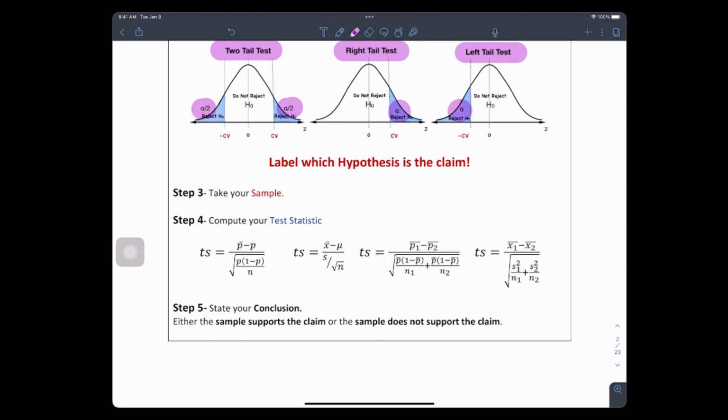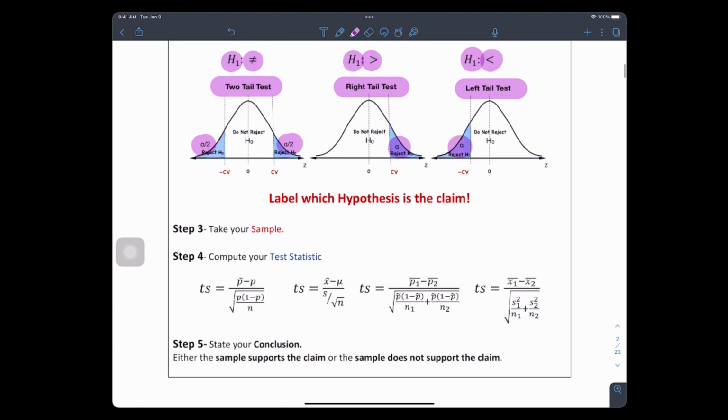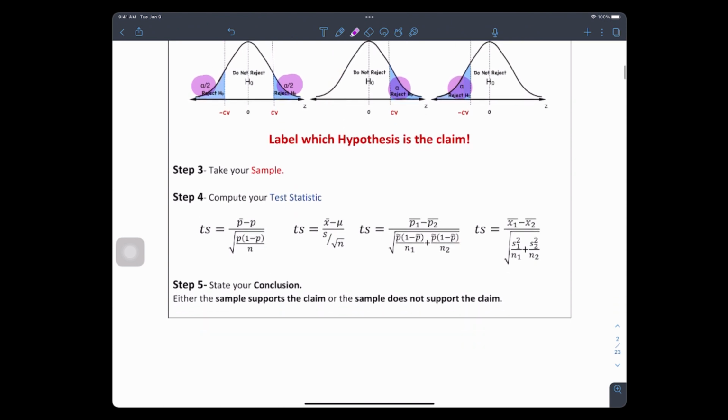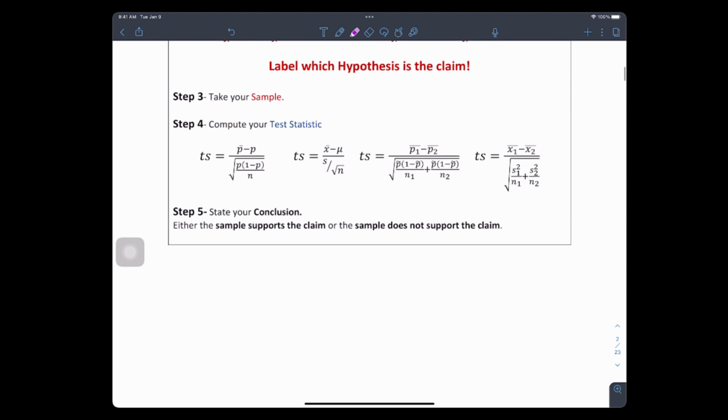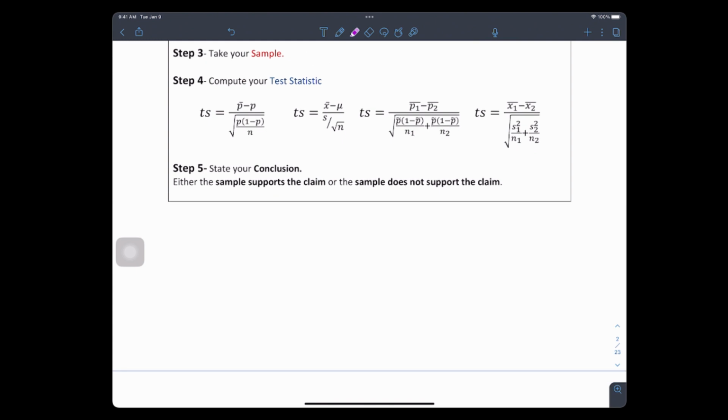Always label the hypothesis. That's the what? That's the claim. Haven't we been doing that? So if you're really up to date with what we're doing, you're going to say, "Oh, Mr. Judge, this is easy breezy," and it is. It really is. It's not as hard as you guys think. In the old days, we used to have to use these formulas for our test statistic. So I'm keeping this stuff for nostalgic sake. I'm not going to get rid of it. In the old days, these are how we computed test statistics. And then step 5 was your conclusion.